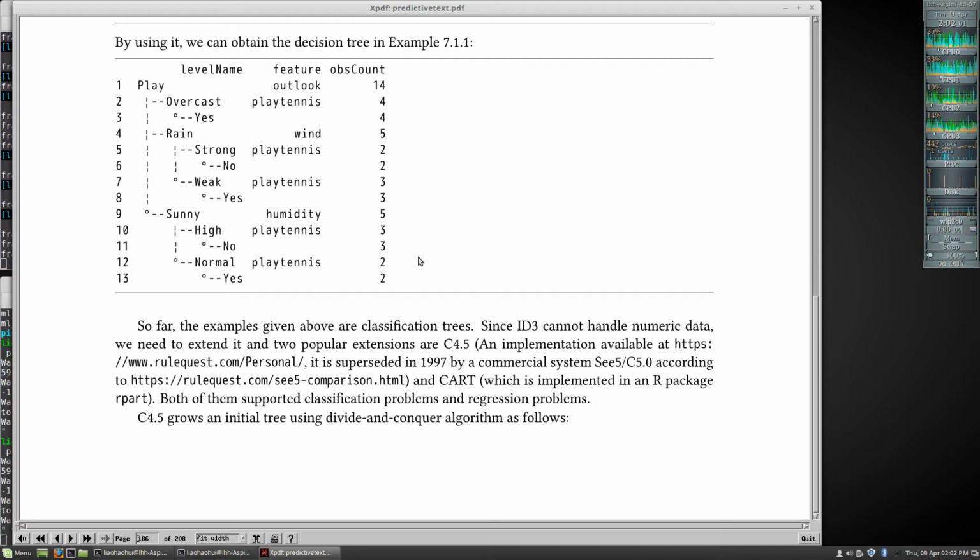Okay, so I tried to gather some information on things related to C4.5, as mentioned. ID3 cannot handle numeric data by default. So C4.5, which I think is the developer of this algorithm actually,